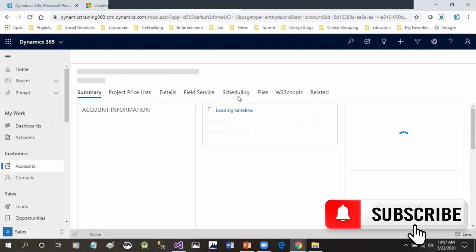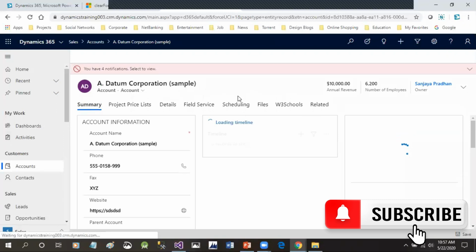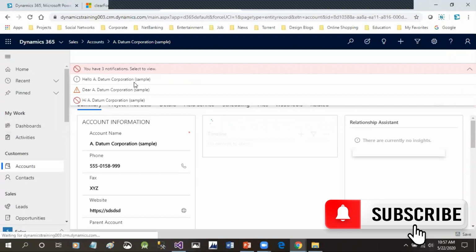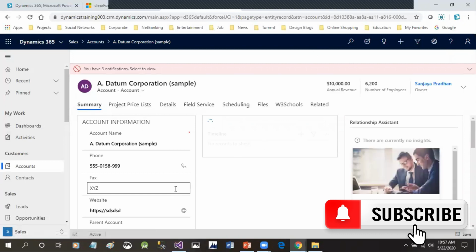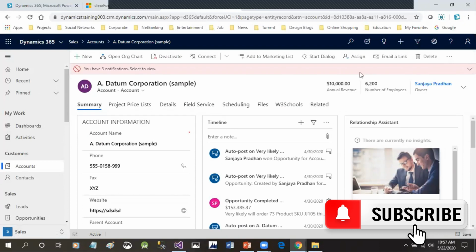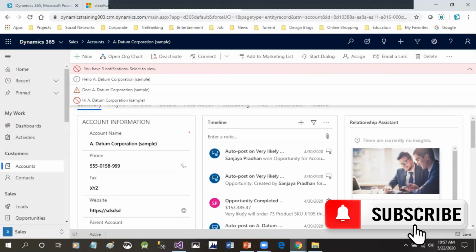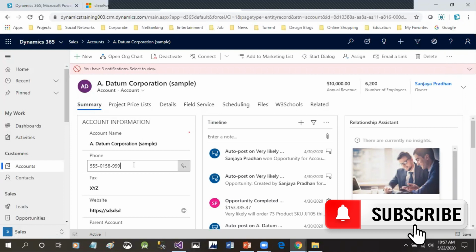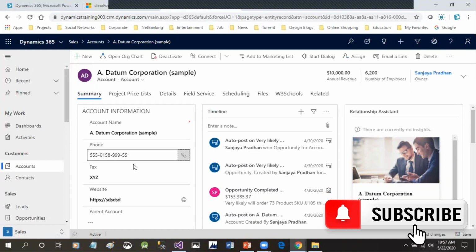Let the form load completely. Now you can see all notifications are displaying here, but let me go to the phone number and change some value here, because I have written code to clear the notifications, right? Now I'll come here and try to change something. Can you see the notification disappeared?